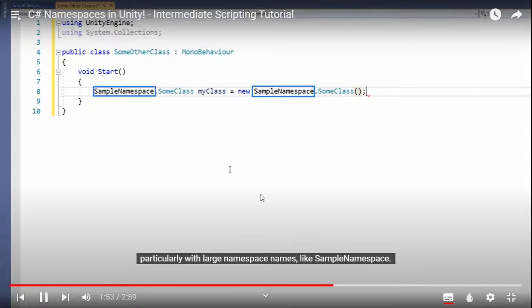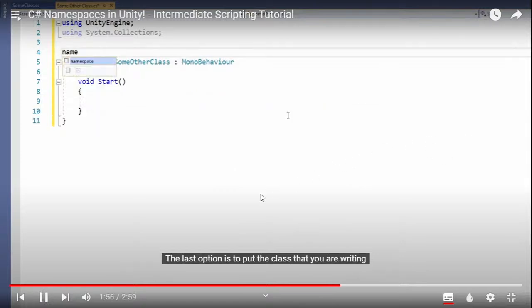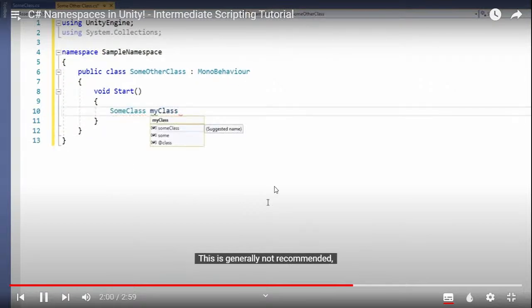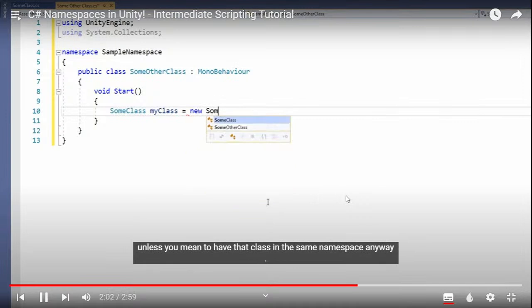The last option is to put the class that you are writing into the namespace that you need access to. This is generally not recommended unless you mean to have that class in the same